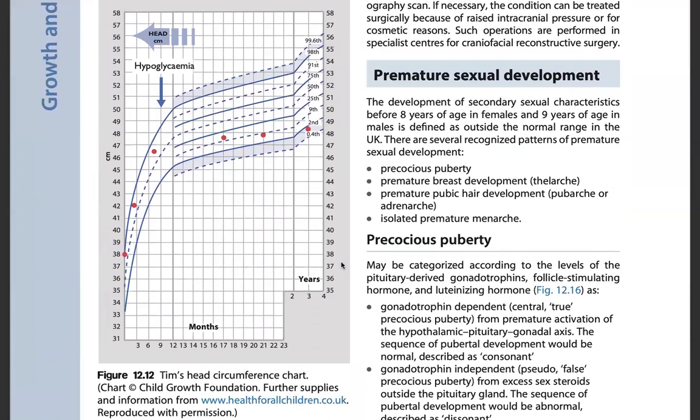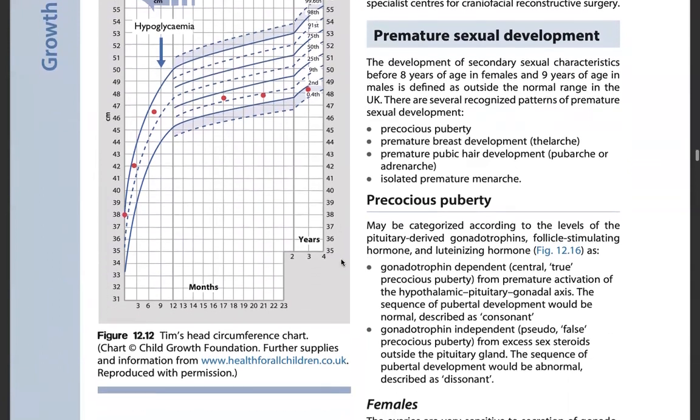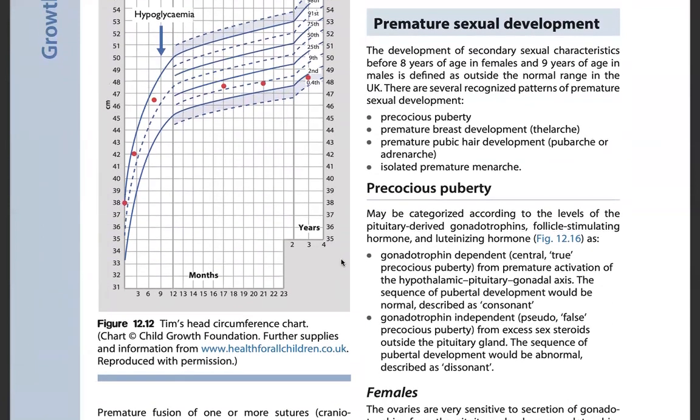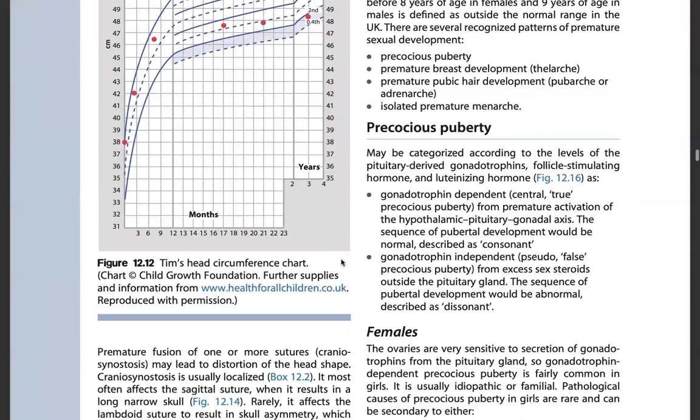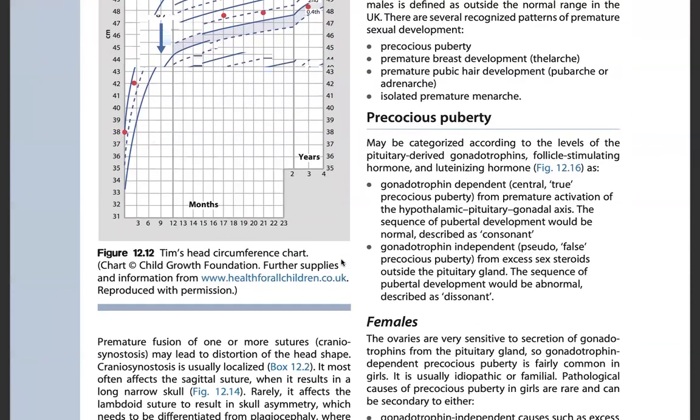There are several recognized patterns of premature sexual development: precocious puberty, premature breast development (thelarche), premature pubic hair development (pubarche or adrenarche), and isolated premature menarche. Precocious puberty may be categorized according to levels of pituitary-derived gonadotrophins, follicle-stimulating hormone and luteinizing hormone. Gonadotrophin-dependent central true precocious puberty results from premature activation of the hypothalamic-pituitary-gonadal axis. The sequence of pubertal development would be normal,